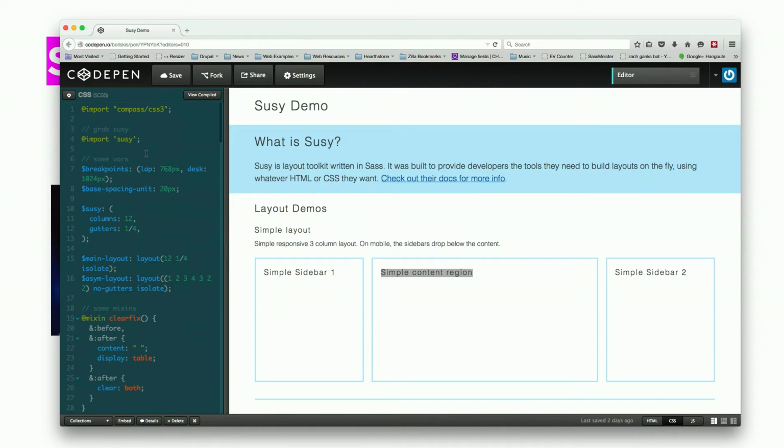I have my main layout, which is sort of the same thing, but using the isolate technique. I have an asymmetrical layout with no gutters. And so in your settings variables, you can just continue to define any layout that you would need throughout your site. And like I said, it's sort of a grand ideal that you only have a singular grid